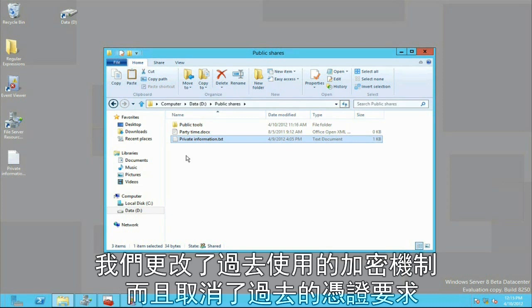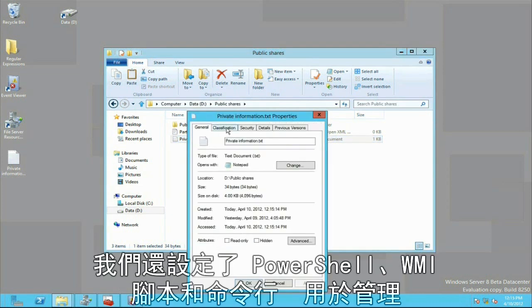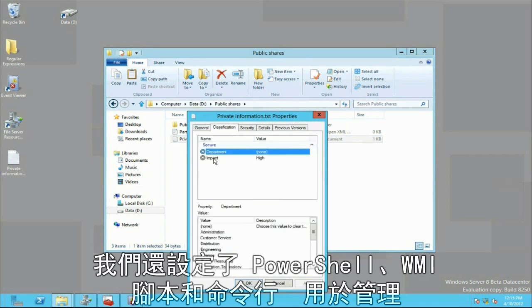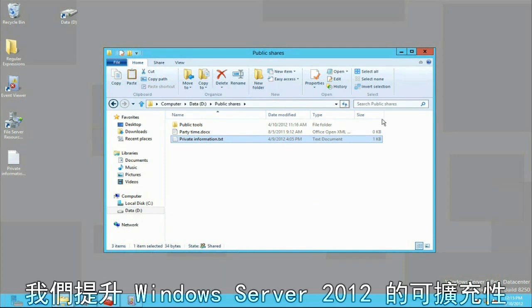high impact. So if I go ahead and look at the classification now of this file, I will see that it's marked as impact equals high. Now you remember we had that central access policy that says for high impact files, users that are allowed to see them are only owners, administrators of the system. So if I go ahead and go back to the user, to the client machine,